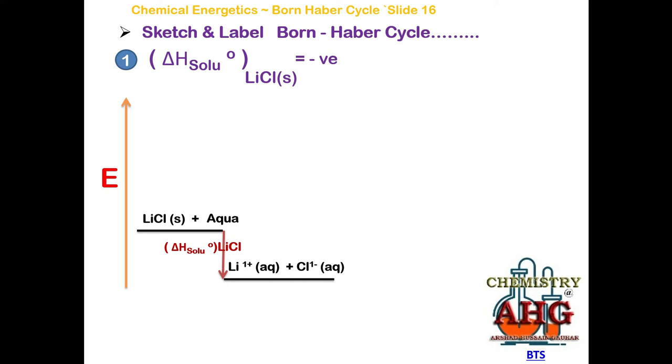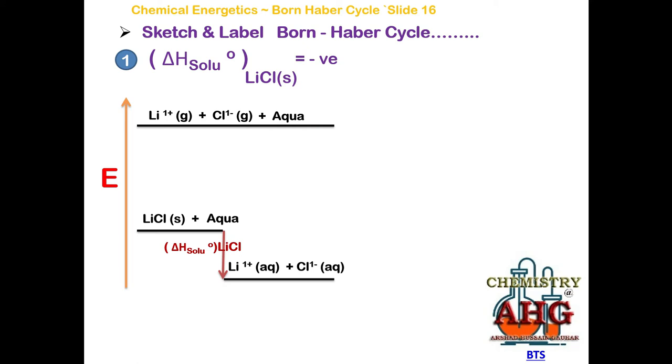Now how can we represent the other two types of enthalpy changes that I have told you, lattice enthalpy and enthalpy change of hydration? See, now draw a line. This is the position where you will place gaseous ions and aq, the water solvent. Which gaseous ions? Of the compound for which you are sketching the Born-Haber cycle. We are studying lithium chloride. Which gaseous ions can lithium chloride have? It can have lithium ion and chloride ion, and these ions must be present together with aq, together with water molecules.